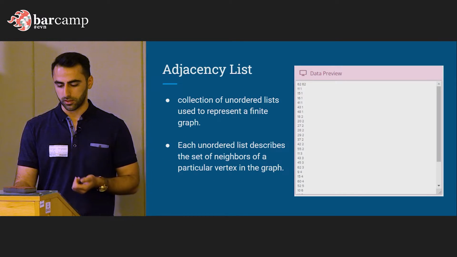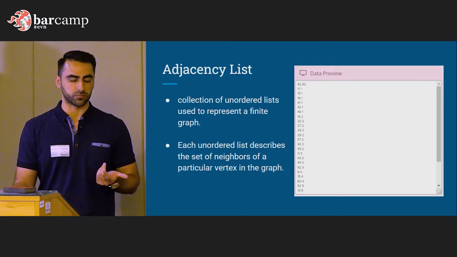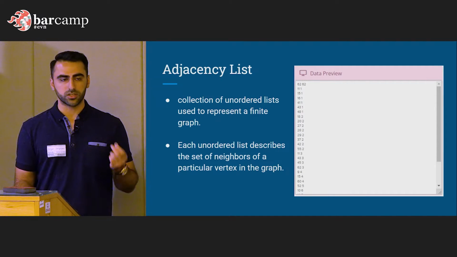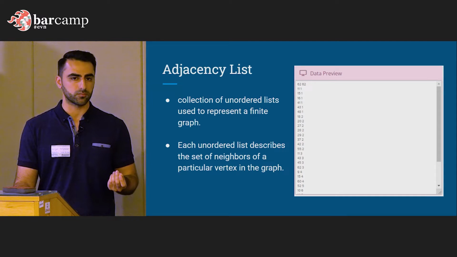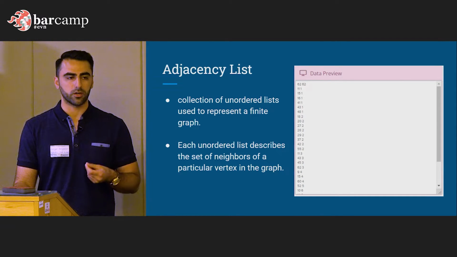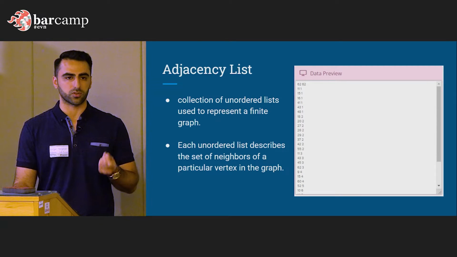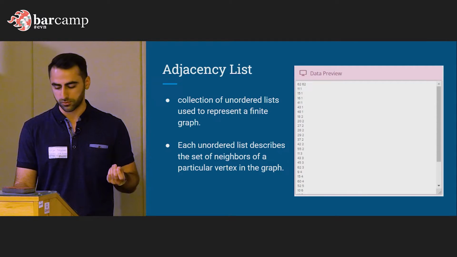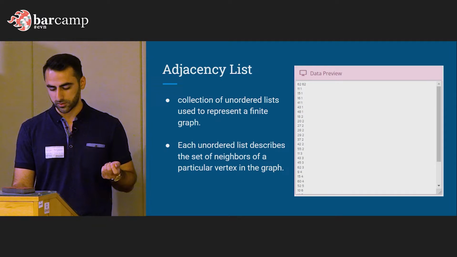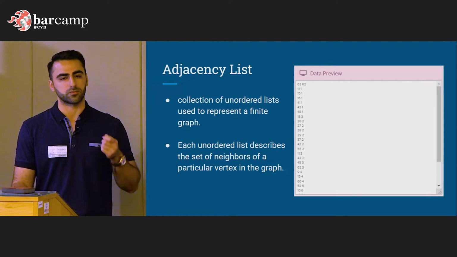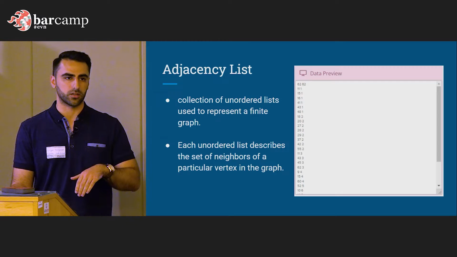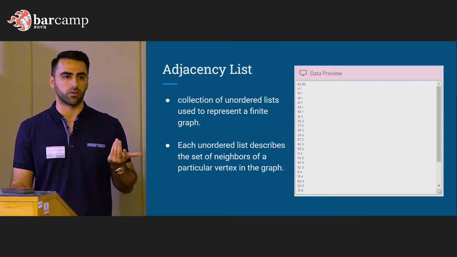This is an example of the adjacency list that was used in this project. So adjacency lists look like unordered lists. There is no particular order to the rows that you consume, but it's important to maintain the source and target relationship amongst the rows. Each unordered list describes a set of neighbors. So oftentimes what you'll have is an ID, and then sometimes you can represent that as a subset. So the set could either be empty or contain all of them.